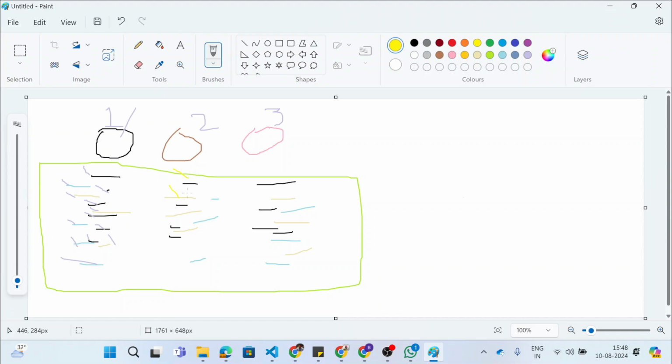So I can add a tag for cell 2. Let's say I have added a tag for all the transcript that was coming from cell 2. Let's say the tag was in yellow color. Same thing, I can add a tag in all the transcript that was coming from cell 3. Is it clear?